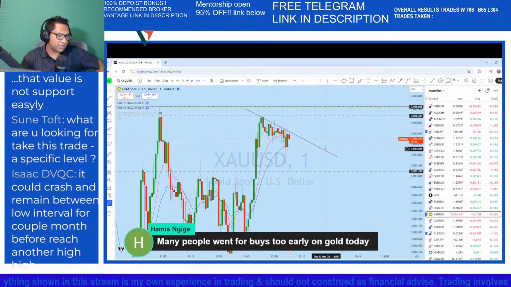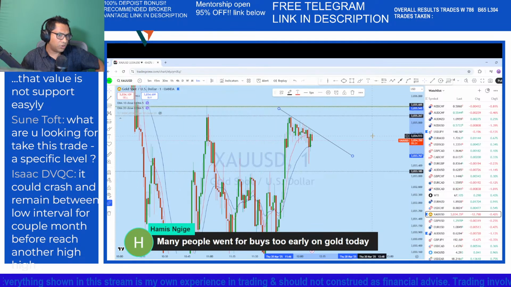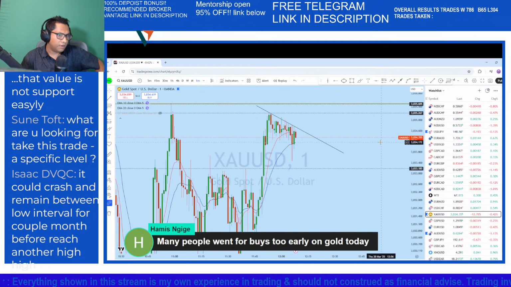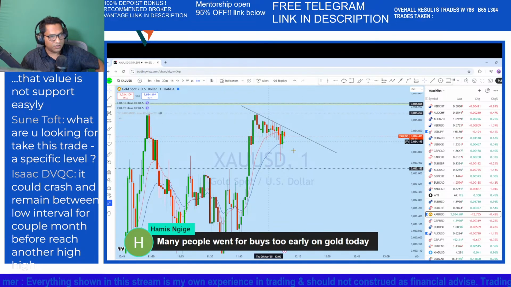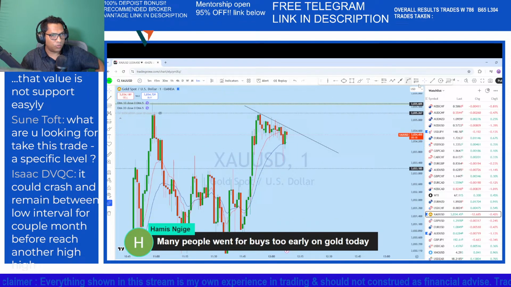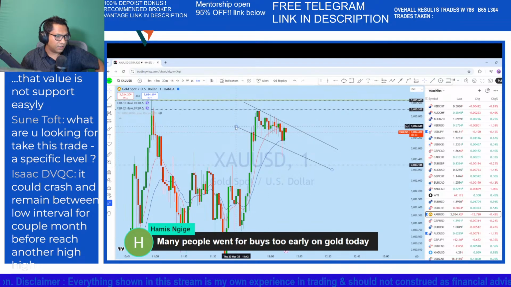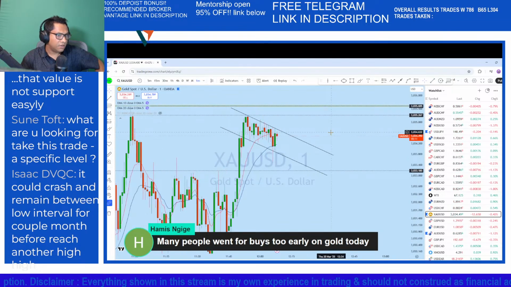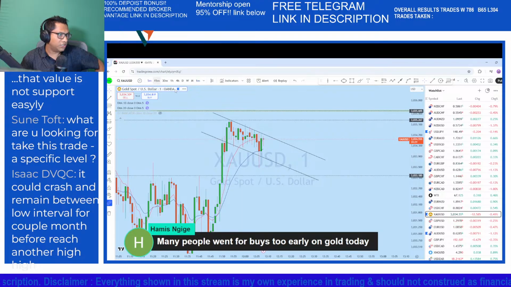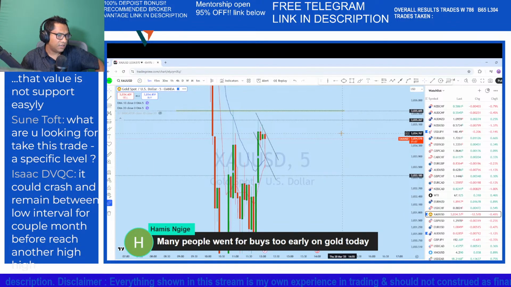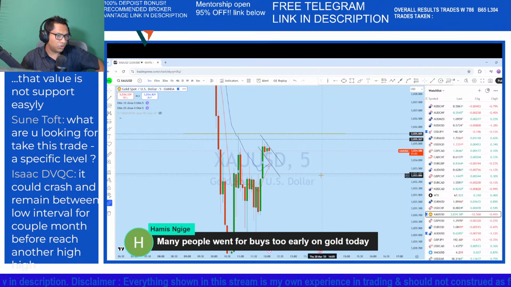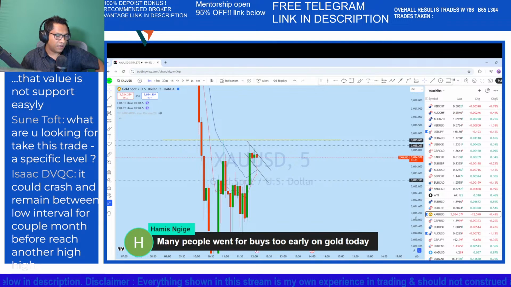If you look at it, you can see it's sideways at the moment. This time we see the market more often goes into a consolidation, but what I think is that after the consolidation